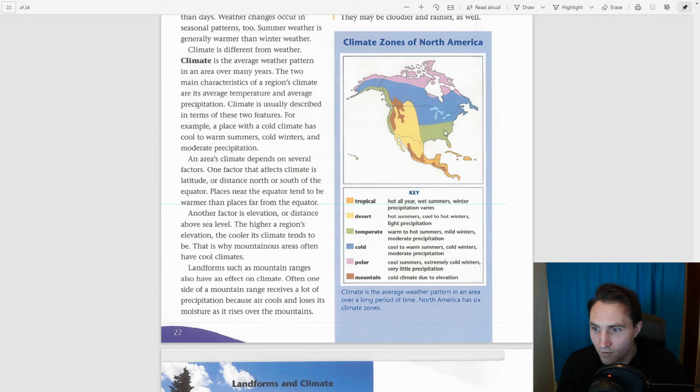I just moved from this temperate climate over here on the east. So warm to hot summers, there's definitely hot summers, mild winters, and light precipitation, but very humid. I also lived in Washington, and maybe it had more of this mountain climate. But think of where you're at, or where you've been. Maybe you've moved from a different place in the United States, and share what that climate was like